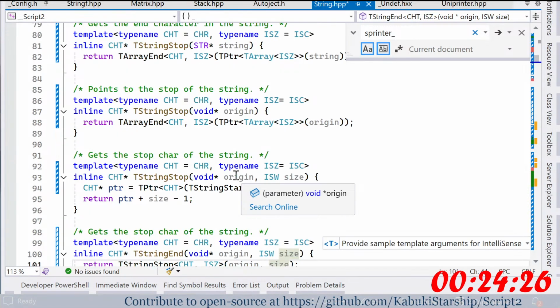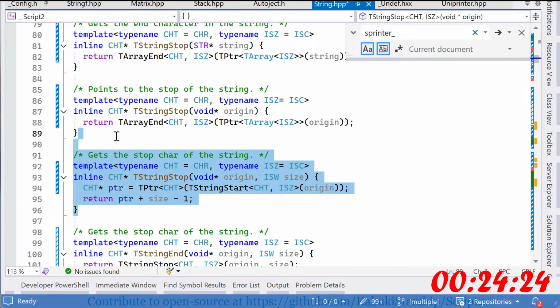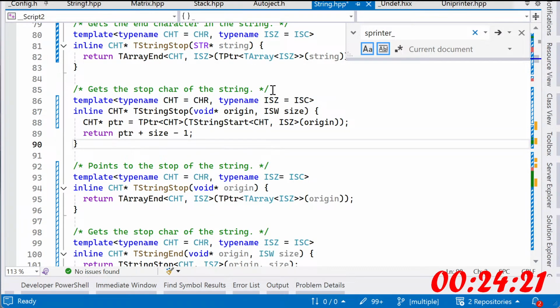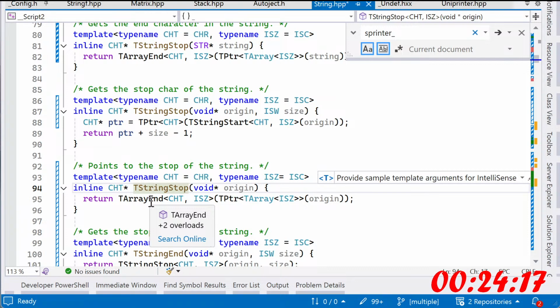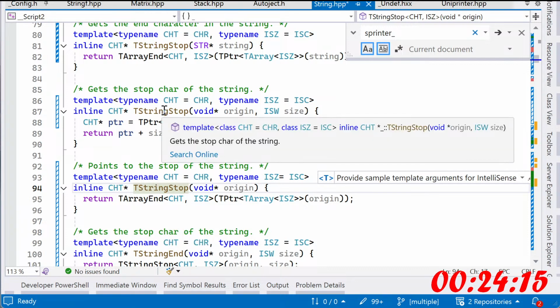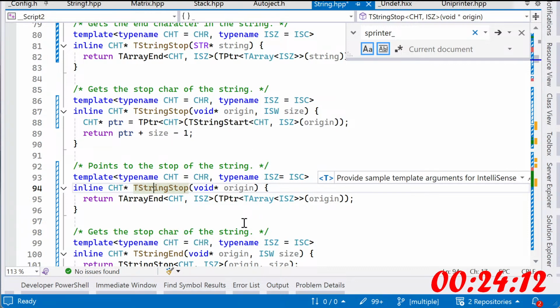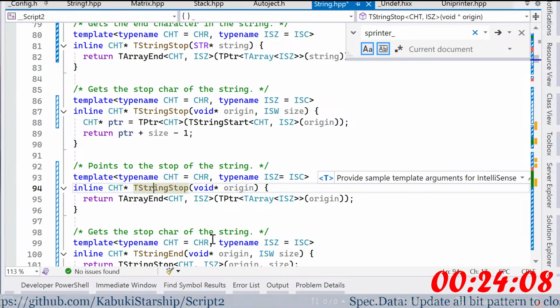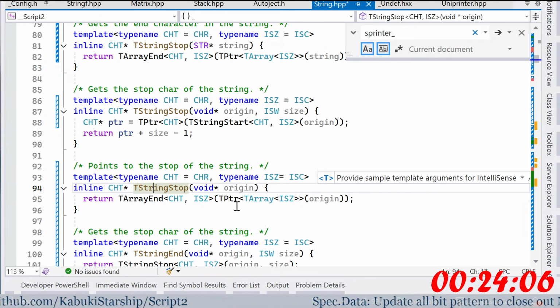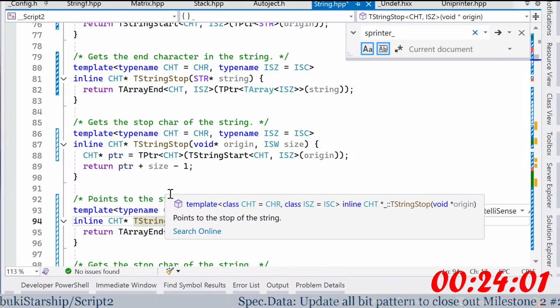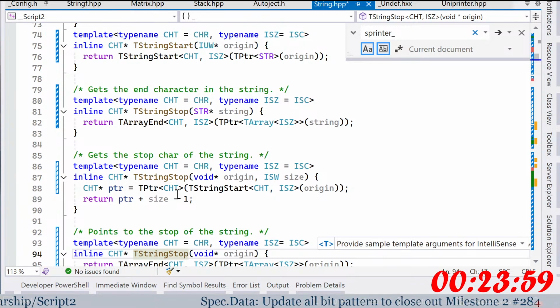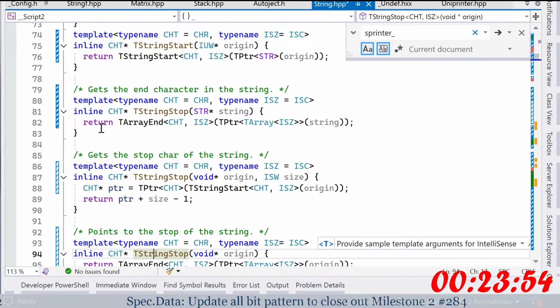One of these is supposed to be constant. Array T, array N. T string stop. This one I don't need